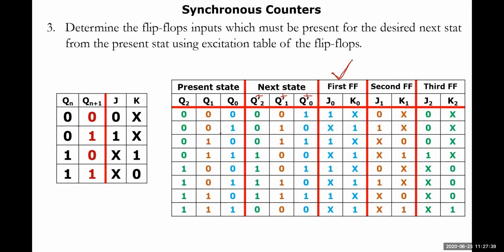However, J naught will be taken into consideration. J naught will be identified. So you need to identify present state Q naught and the next state Q plus naught. Okay. So when 0, 1 is there, from the excitation table 0, 1, the J value will be equal to 1 and the K value will be equal to star. That is what I have mentioned. And 1, 0, if you take 1, 0 from the excitation table, it is don't care and 1.